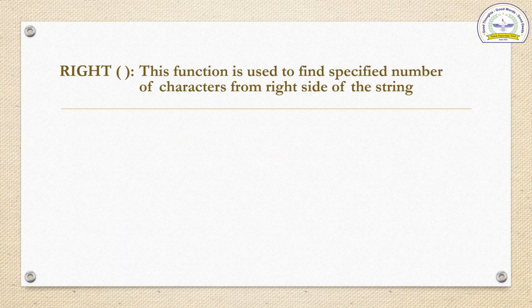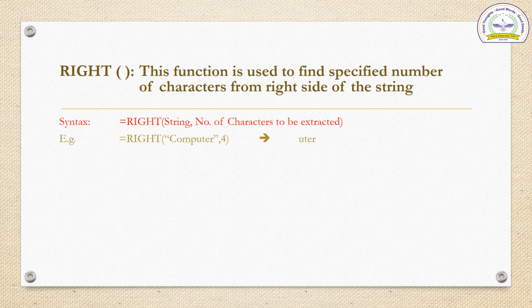The second function is the RIGHT function, which works exactly similar to the LEFT function, except for the difference that extraction happens from the right side of the string. The function takes two arguments. The first one is a string argument, and the second one is the number of characters that need to be extracted from the right side. In the first case, the RIGHT function will extract 4 rightmost characters from the string computer,